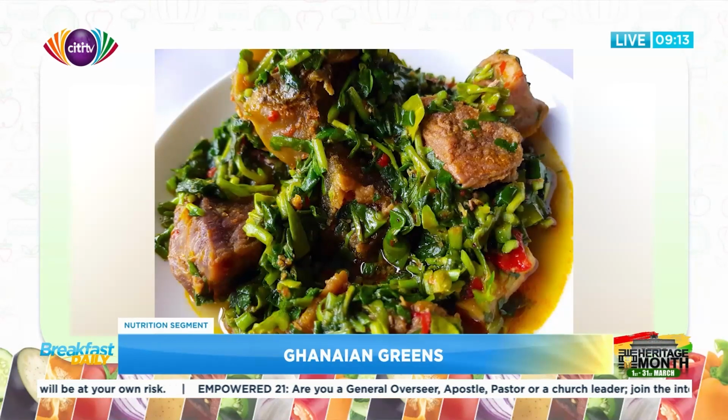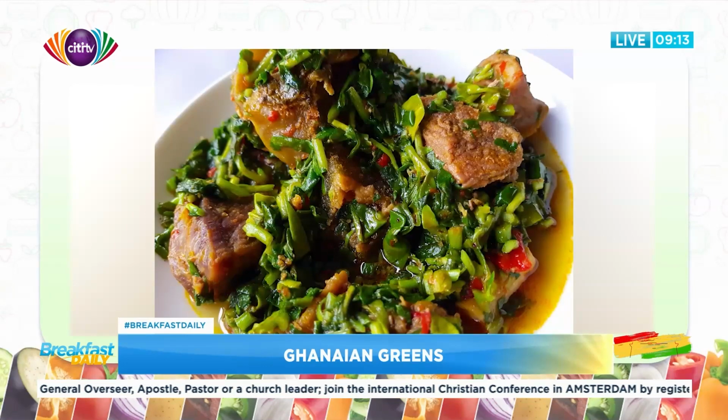And it's also sticky when you cut it, like spinach. And aside from that, it has a good amount of a certain fiber called pectin. So this pectin is good for treating cholesterol. So people managing cholesterol, when they eat good amounts of these leaves, especially the boko boko, it goes a long